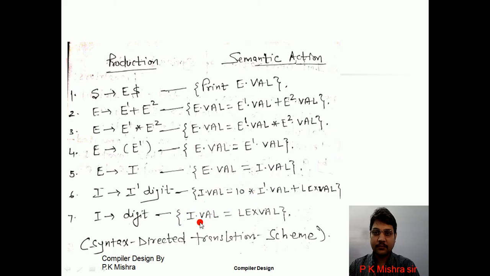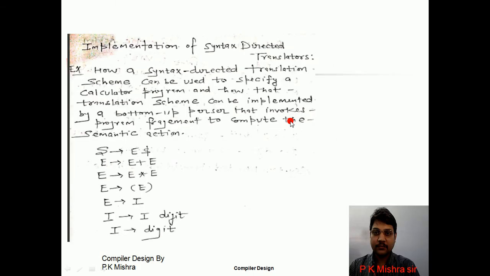This is the meaning of this production, and this meaning is called semantic action or semantic rule, and this is the grammar of a desk calculator. The production along with semantic action is called syntax directed translation scheme. Grammar along with semantic action is called syntax directed translation scheme. Okay, now see,